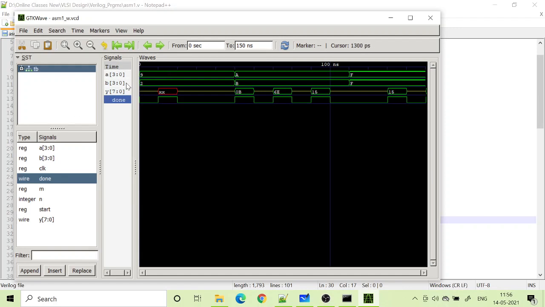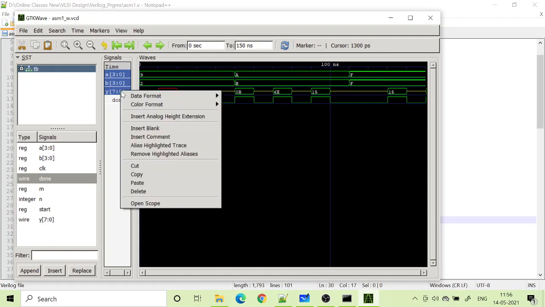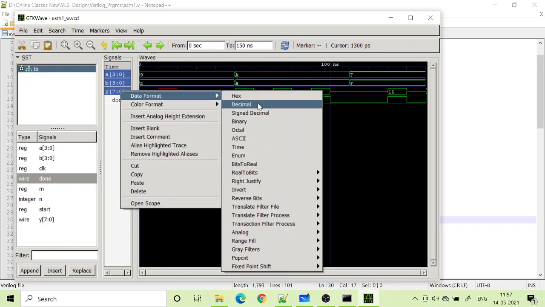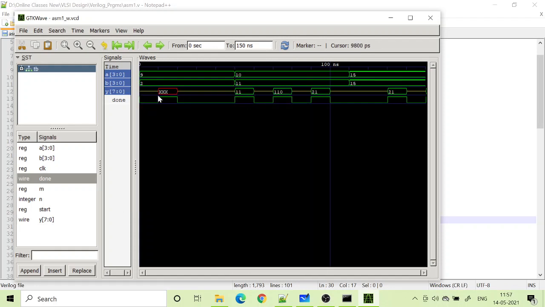So what you can see is that I'm going to format it in decimal. Right click and data format, I choose decimal. Okay, so I gave 9 2, my output came, but my output is XXXX, you see that.